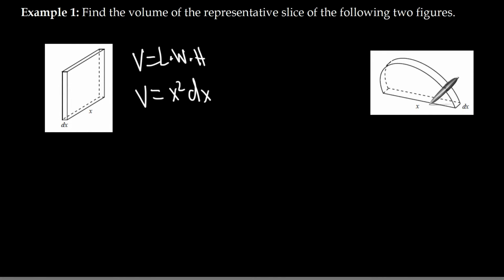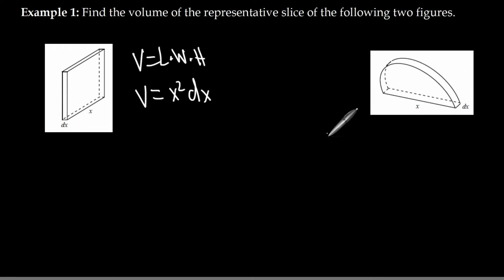Okay, now this one is a little bit more complicated. This is a semicircle, and it's a prism. So what you want to think about here is if I can find the area of the base of this, and I want you to imagine this prism laying flat. So I want you to think of the bottom of this prism being the semicircle and this laying flat. So we need to find the area of this